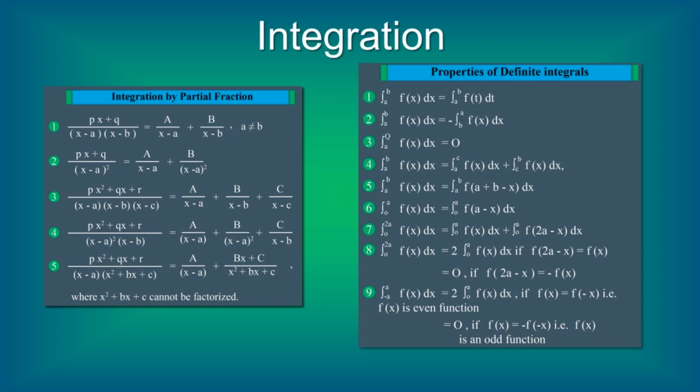Another one: when a modulus function comes, for the integral from a to c of f(x) dx, you have to split it as a to b and b to c. Then you can split where the negative value comes and where the positive value comes, and complete the questions. And odd and even functions: identify odd or even and complete. If it is an odd function, you easily get 0 as the answer. For an even function, you can make it 2 times the integral from 0 to a of f(x) dx. By knowing the properties, you can complete the questions easily and quickly. That will save your time.